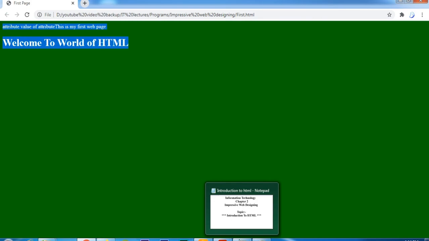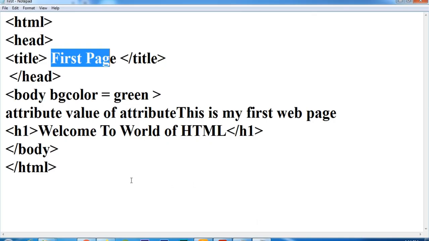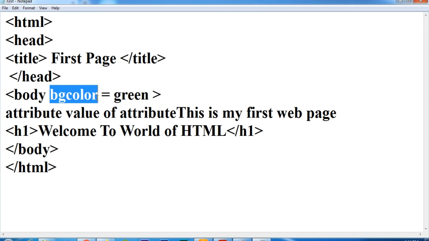It is given in the body bgcolor. Now what is bgcolor? bgcolor is the attribute, or you can say the property, of the body tag. How you want your body color is decided by this attribute, and here it is equal to green. If I give red here, the color will change to red.